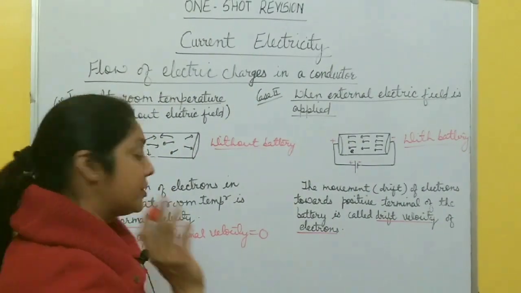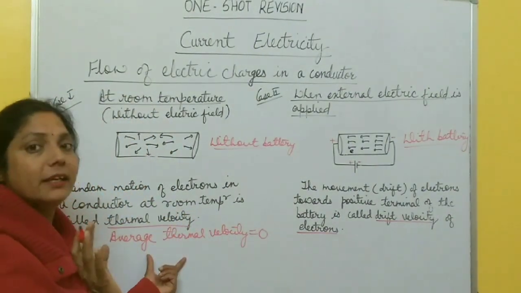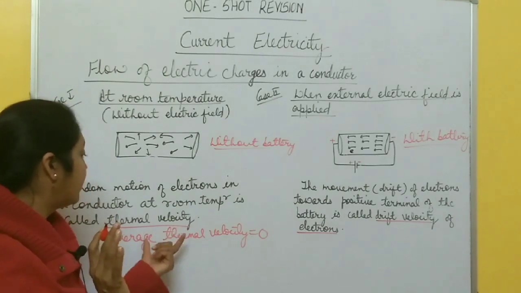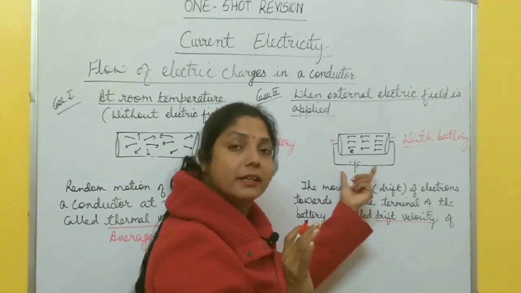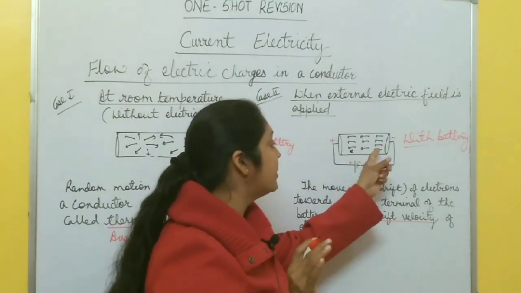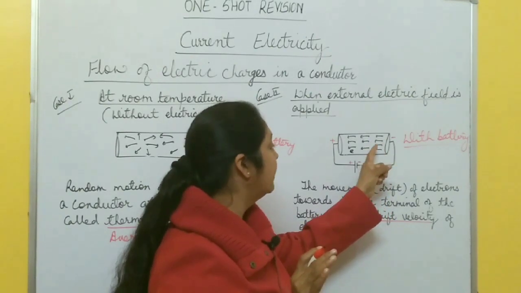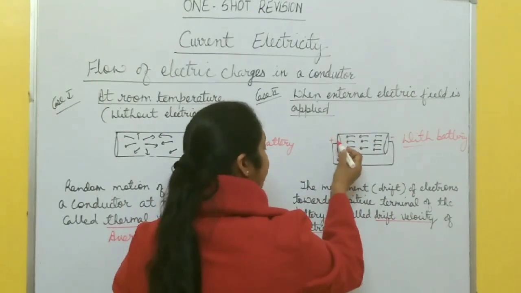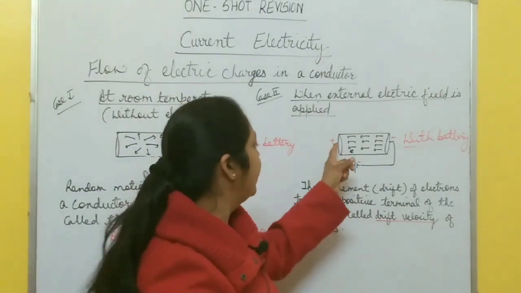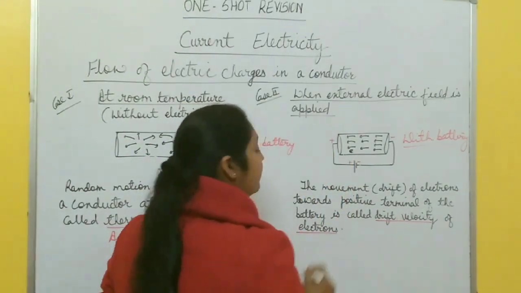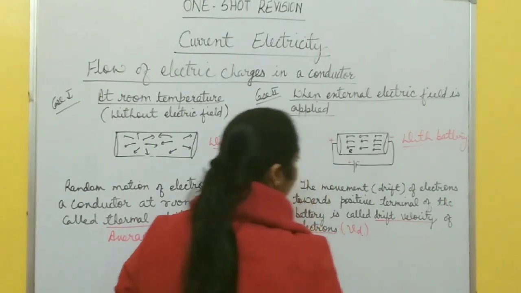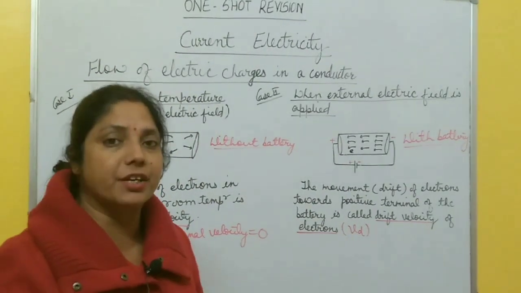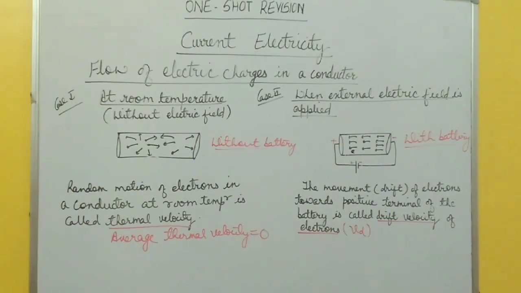So there are two types of velocity. One is thermal velocity when no battery is connected to the cell. That random motion of electrons at room temperature forms thermal velocity. And when a battery is connected, under the application of this battery, electrons start drifting or moving towards the positive terminal of the battery, or you can say the positive end of the conductor, and this forms the drift velocity of electrons. It is represented by Vd, right? Now, what is the expression for this drift velocity? Take a screenshot of this one. Then next we'll discuss the expression for drift velocity.